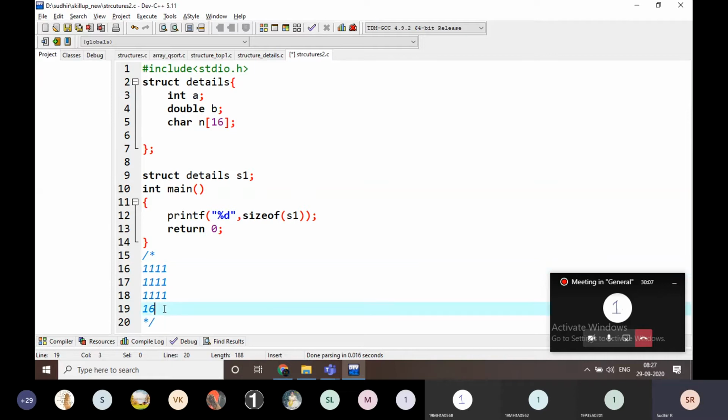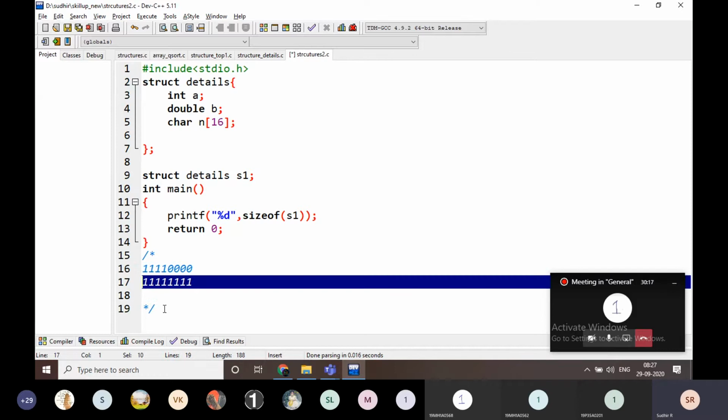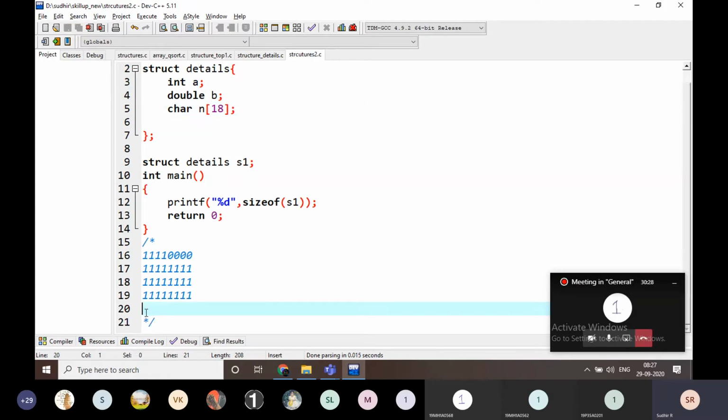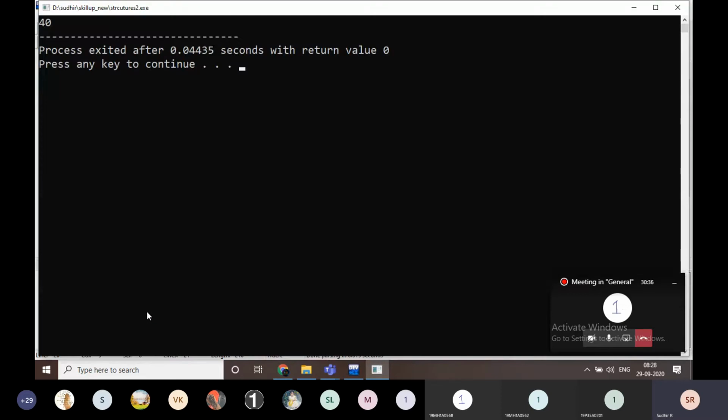But the actual working is like this. 1 2 3 4 for all this it is going to take some padding values, and 16 characters for this one. For example, if it is 18, the first 2 characters are okay and the remaining 6 are going to be 0. Now also it is going to be 40 only.